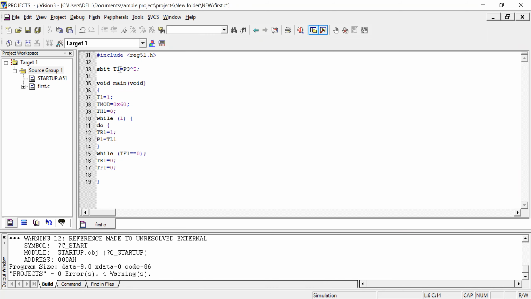This is my input pin, where I am going to give my clock pulse. I just assigned it to one of the variables, so whatever input is received, this particular pin will change.